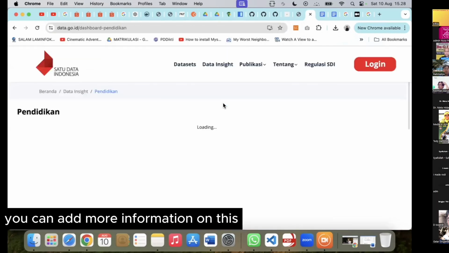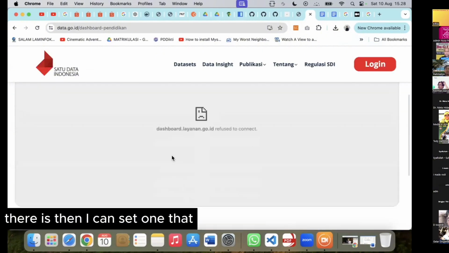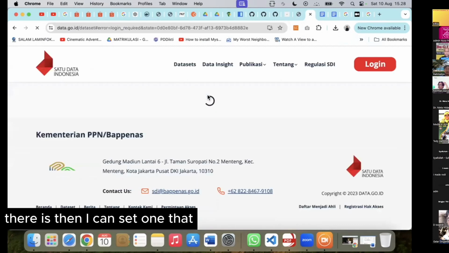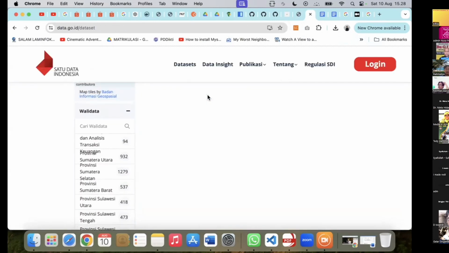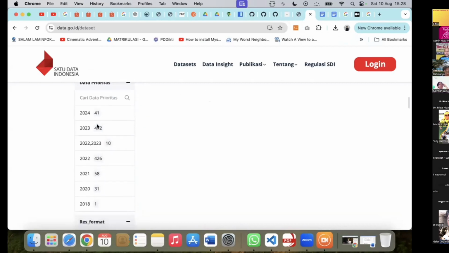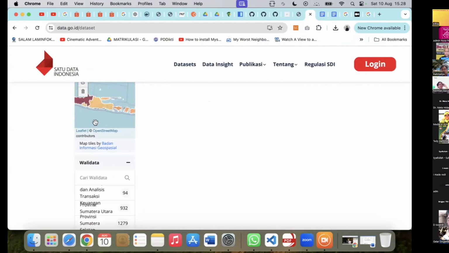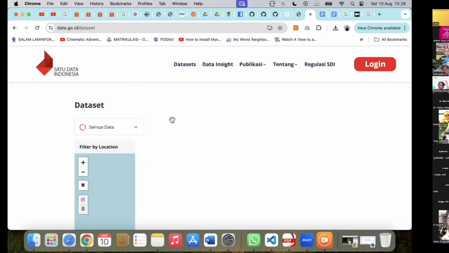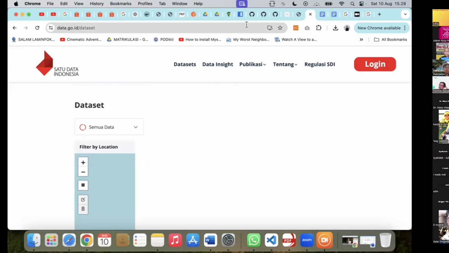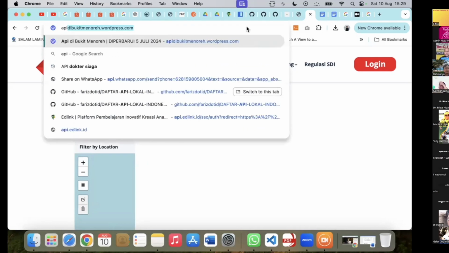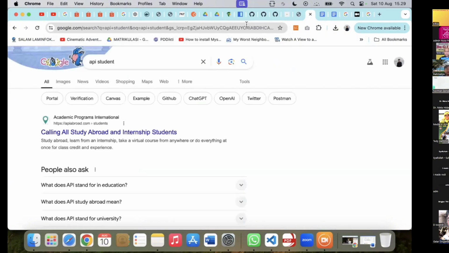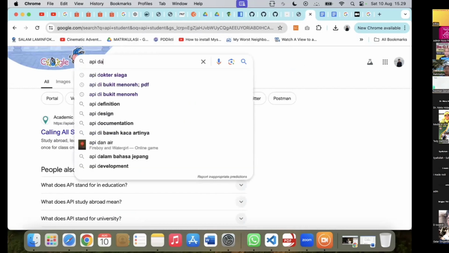You can add more information, for example the weather. You can search for one dataset, education for example. This is about the dataset. Hmm, I need the API.